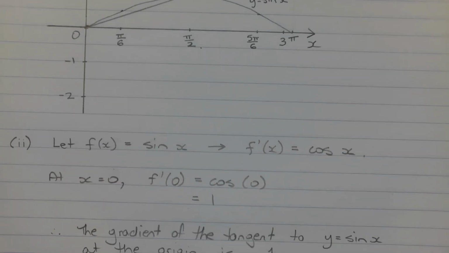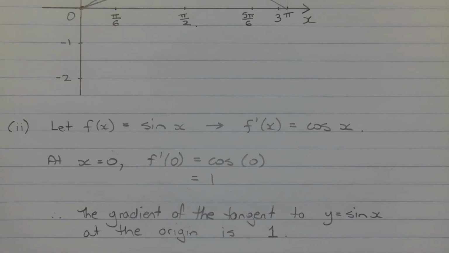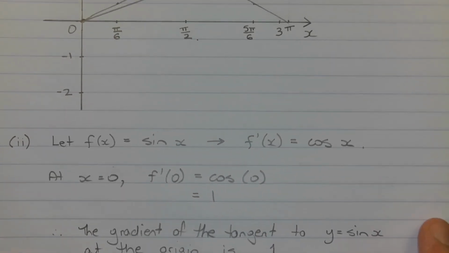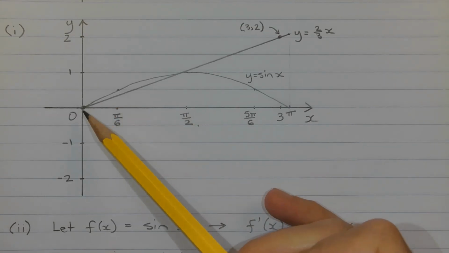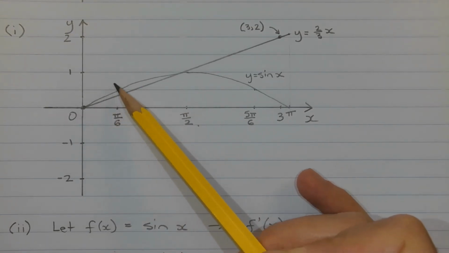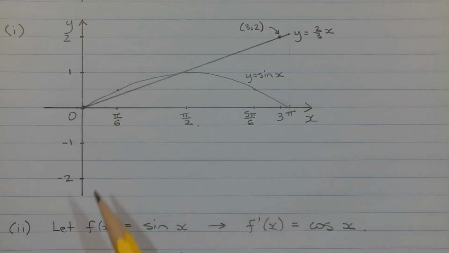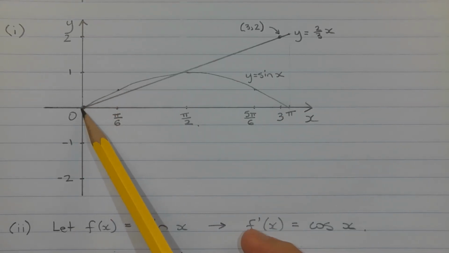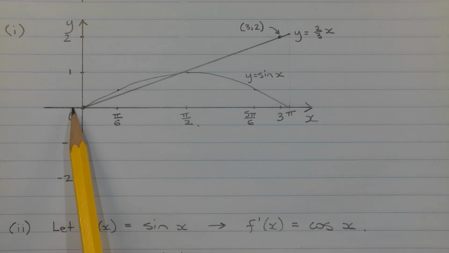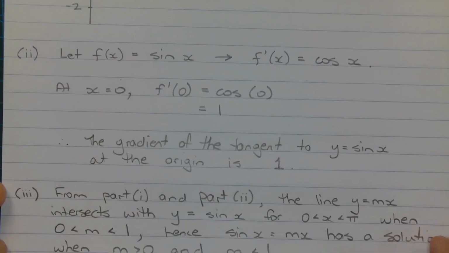Now from part 2, we found that the gradient of the tangent to y equals sin x at the origin is 1. So going back to our curve, at the origin, if we were to sketch a tangent to the curve y equals sin x, we find that it only intersects with the curve at the origin itself, but that's not included in the domain. x has to be greater than 0. So m also has to be less than 1. So putting that together,